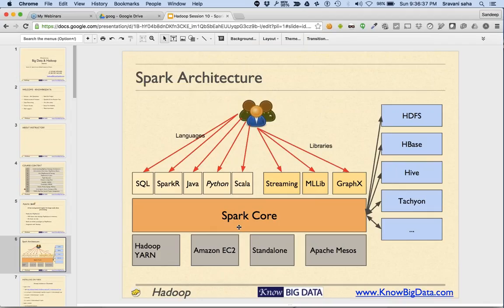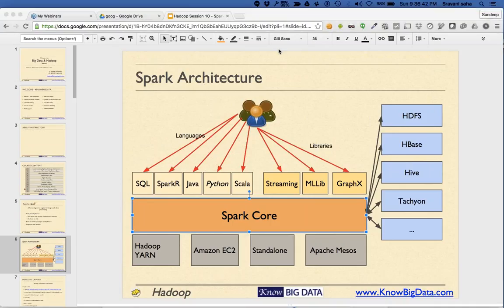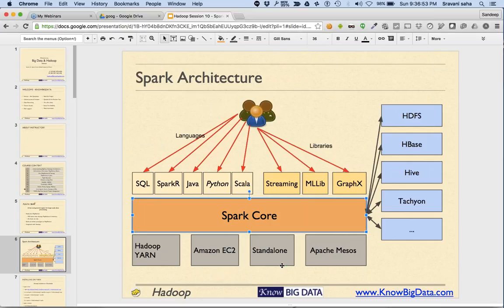So this is the general architecture. The basic thing is that there is something called Spark core, which can run either on a Yarn cluster or any other similar cluster, whether EC2 or Mesos, or you can set up your own cluster. Also, Spark can connect to many kinds of databases.